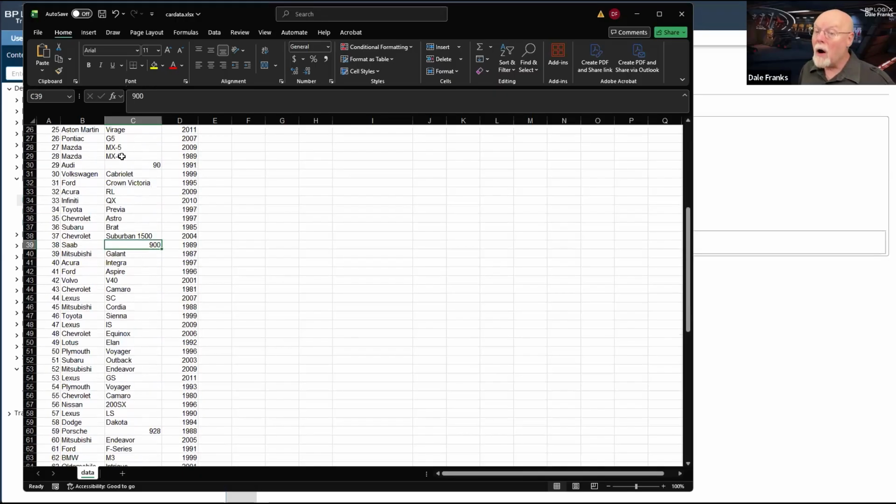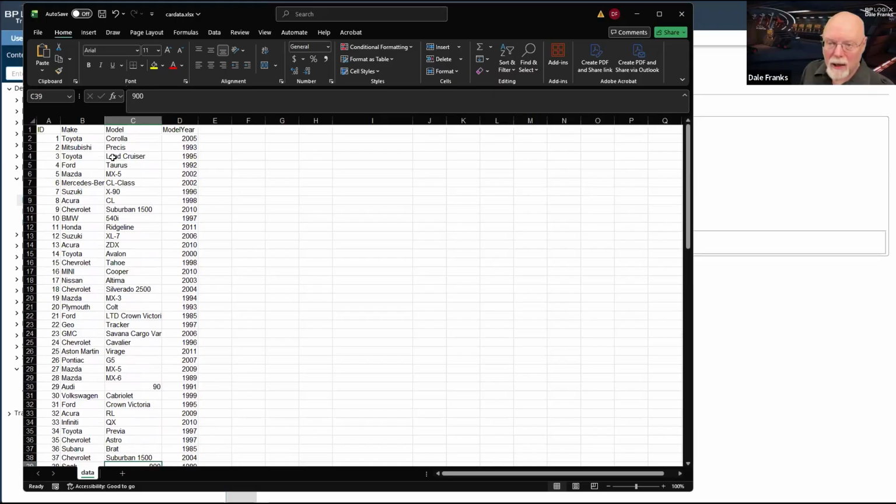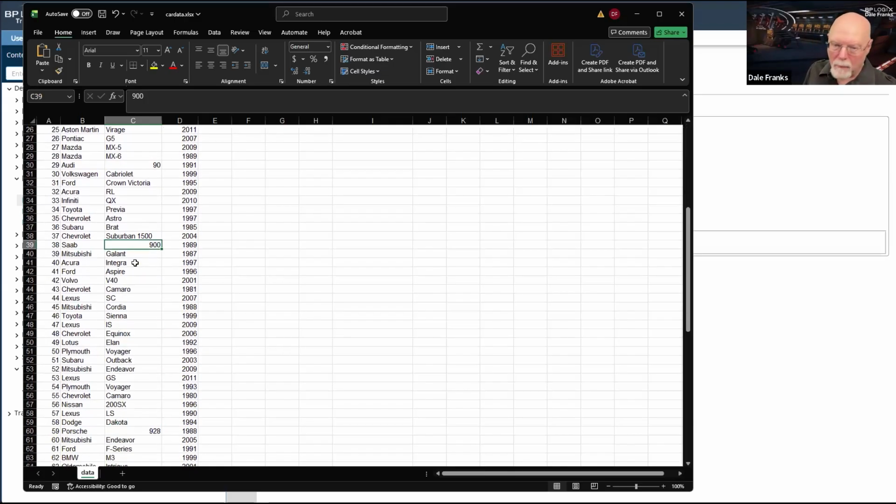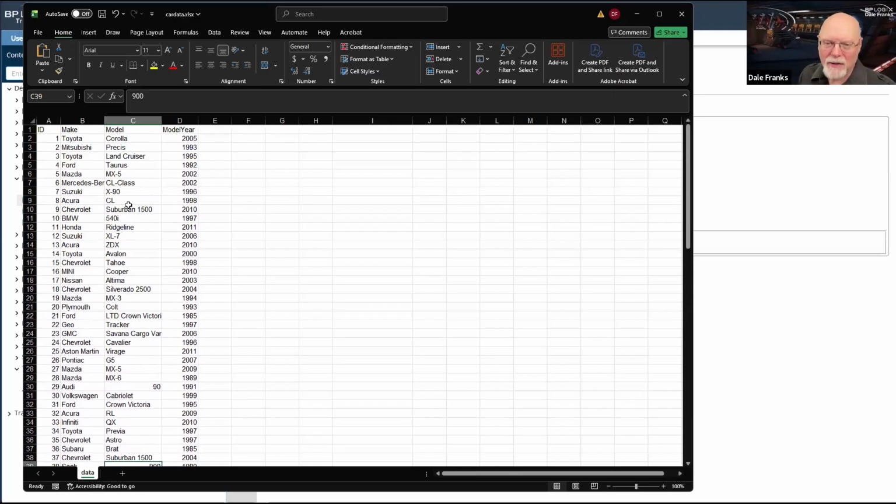So we have to tell the database how we want it to treat these fields. Now, look, if it is all text or if it is numbers and you do want to do math on them, you don't have to do anything. But anytime that you have, like, car models, which may be text and which may be numbers, or which may be numbers and text, you really have to treat it like text. You're not going to do math. There's no such thing as Corolla plus Land Cruiser. So we want this to be treated as text.